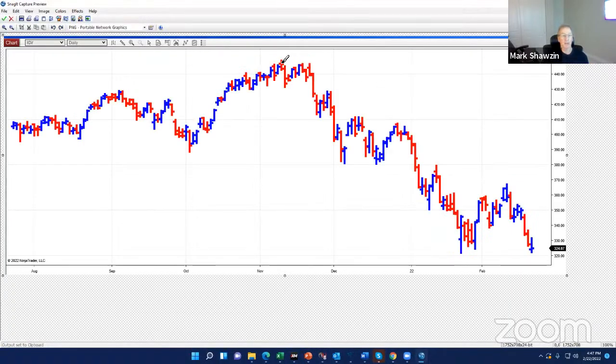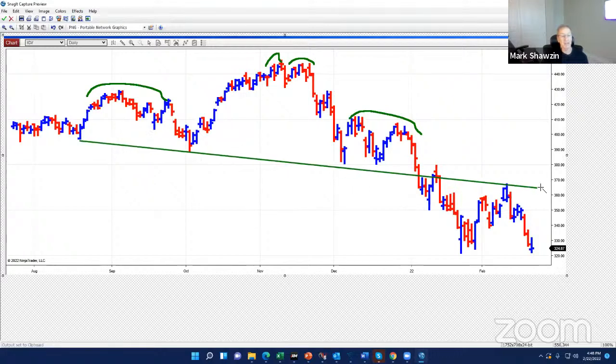And so what I've been alerting our members to is this double top, head and shoulders pattern in the IGV. This is the tech ETF. It's kind of a leading indicator. And again, you see how beautifully these things break out and then they retest. And now if it breaks this again, we're going to head to new levels. So we are in this area where you had a pretty robust bounce. So just be cautious. You could get a little bit of a rally off here, but to my mind, I'm looking at all of these meaningful rallies to sell into.